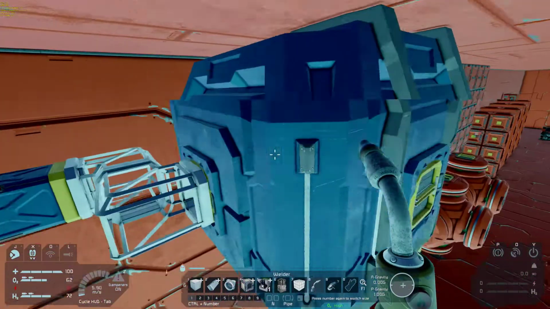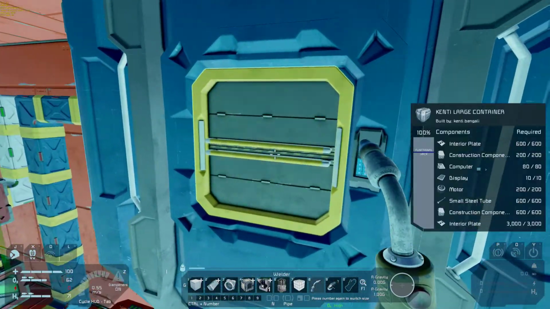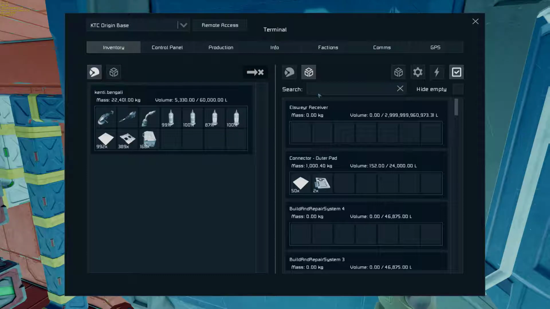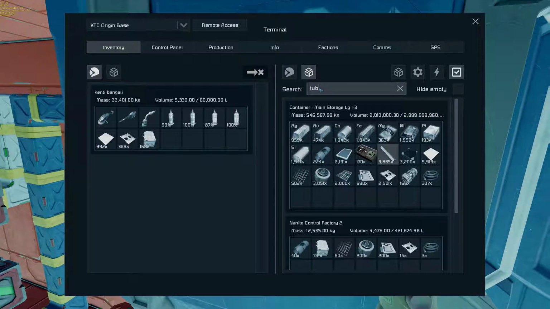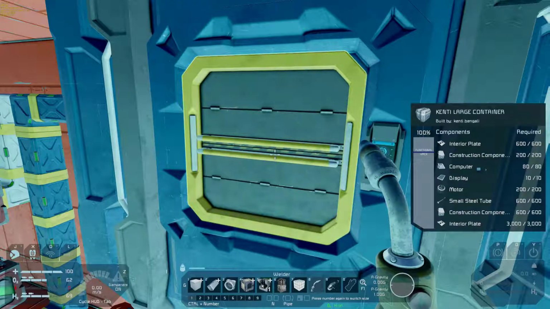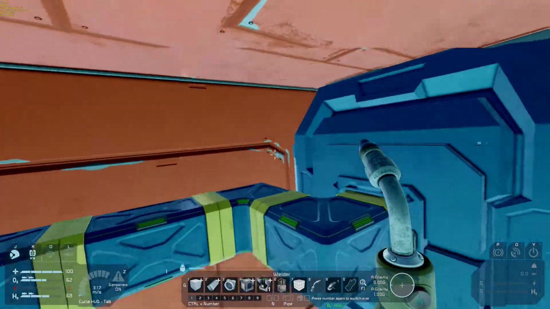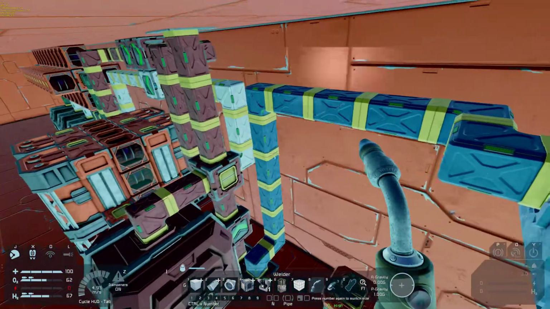Small steel tubes. And of course we don't have any small steel tubes. There we go, and it turned green. So,